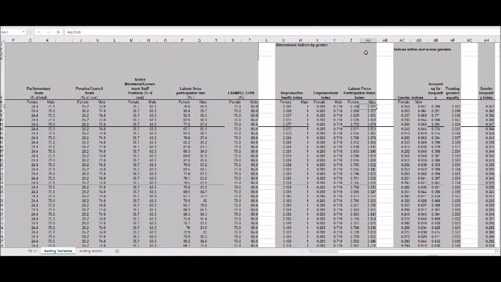So let's start with a demonstration about how to add new variables to an existing dimensional index by gender. The steps for calculating the index are exactly the same as outlined in the Exploring UNDP's GII in Excel that we just went over. The only changes you need to make when adding variables to a dimensional index are to the dimensional index itself. All other calculations, such as the harmonic mean, the geometric mean of the arithmetic means, and the final GII will stay exactly the same. So in this example, I would like to add a new variable to our labor force